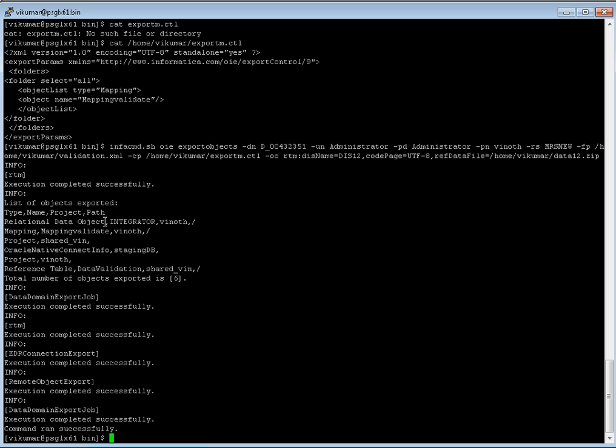So the command got executed successfully. You can see the list of objects that got exported. It actually exported all of its dependencies along with the mapping, and it can actually say a little bit in detail what an RTM is. RTM is nothing but the reference table which got exported automatically, since the mapping used that particular reference table as a standardizer. So now I have the validation.xml file in this home directory, where I can use this file to import